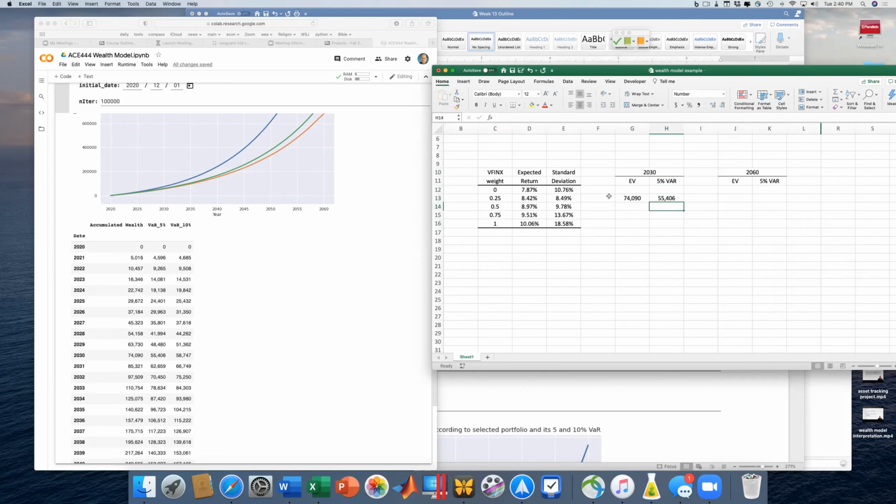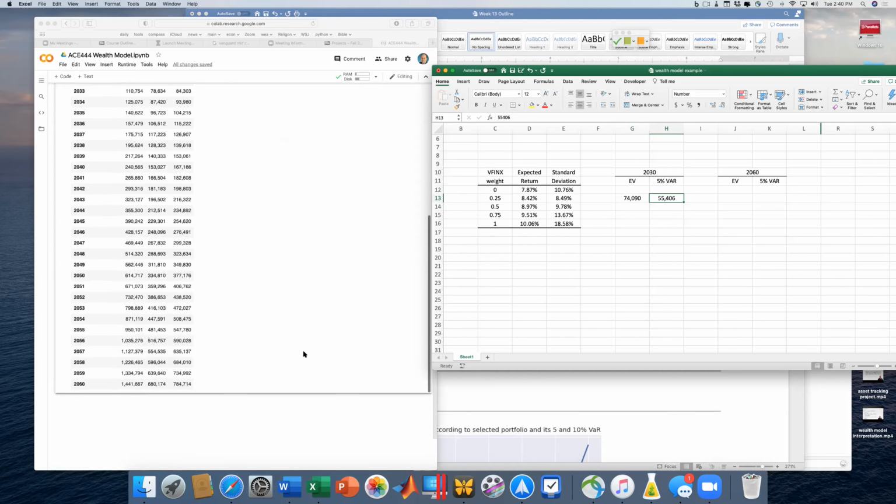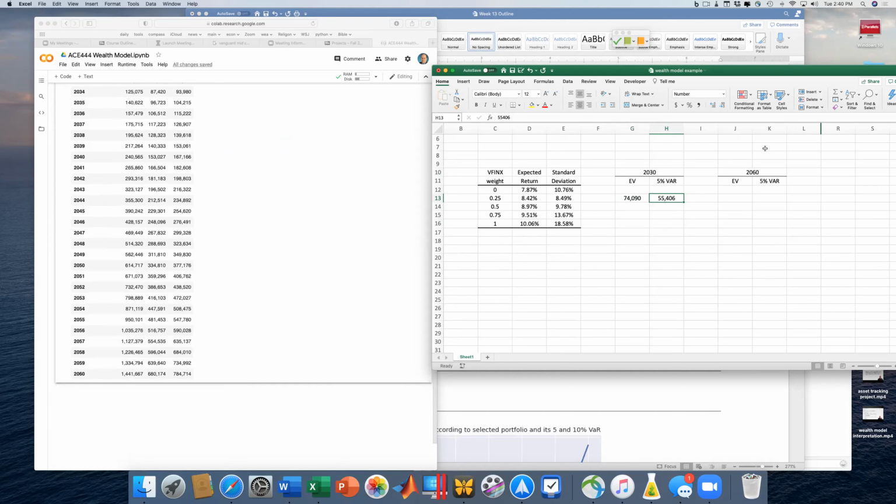All right. So in 10 years, if I made that investment, my expected most likely is 74,090, and my 5% value at risk is 55,406. So 5% of the time, I would expect to be below 55,406. Let me just go down here to 2060, and I'll write in here what our wealth level is after those years, and also my